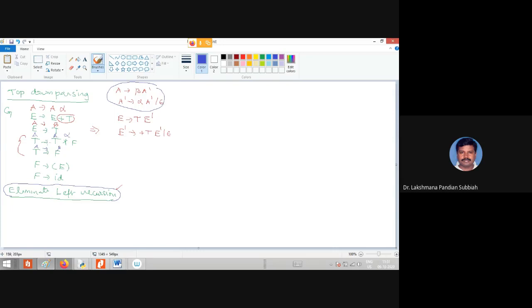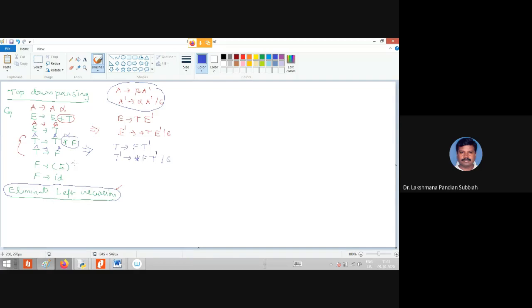So these two production rules are converted into T derives F T dash, where beta is F. Then T dash derives star F, where alpha is star F, followed by T dash or empty.